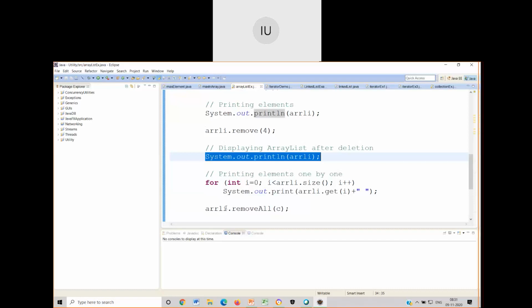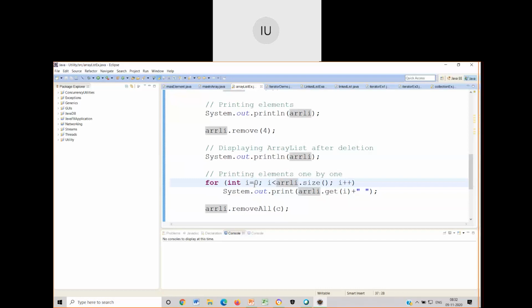But now, if you want to display only a few elements, then you can use what is called get. I think this is the last function that I had mentioned in the list in the PPT that I showed in the previous class. When I write get, it will extract one element at a time from any collection class. In this case, I just want to display in such a manner that i is equal to 0, i less than arrayList.size().